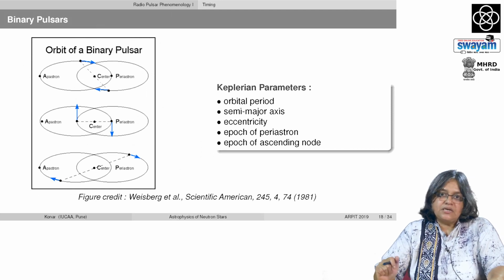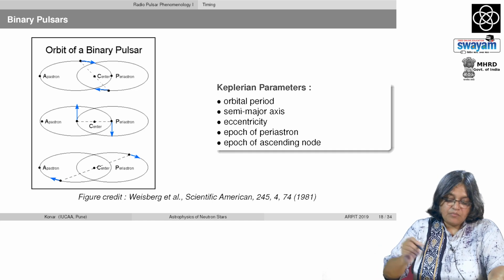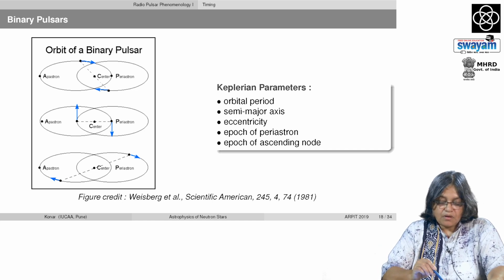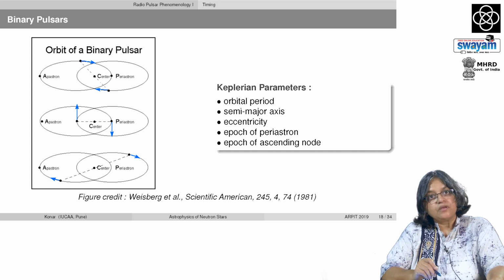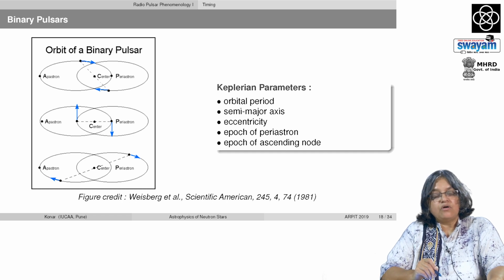Now, for a binary pulsar, life becomes much more complicated, because the two stars, the neutron star and its companion, are rotating around each other, and there are several important effects that we have to consider. Now, this particular figure refers to a double neutron star binary. Both components of the binary are neutron stars, and such